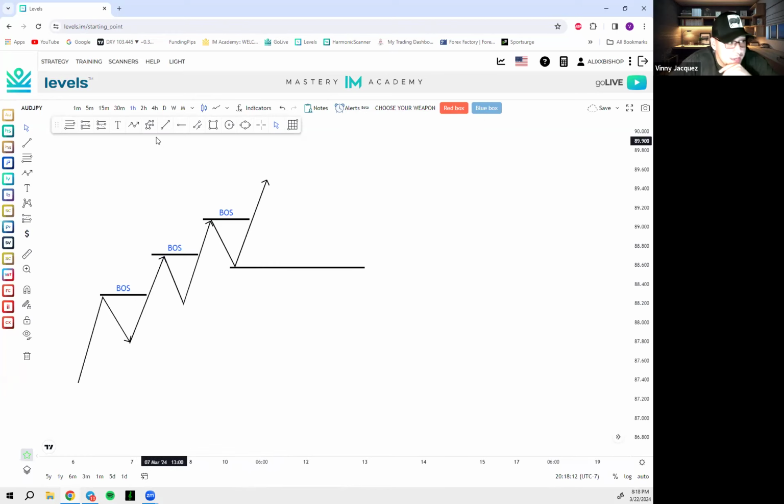Because as soon as that line gets broken and closed below, notice, guys, nothing looks like a head and shoulder here. But as soon as we break and close below, fam, what do we got here? Now, again, we can only have a head and shoulder once we break and close below. So look, what if market's already heading down, heading down, heading down? What are you guys thinking right now? Are you thinking head and shoulder? Are you thinking continuation? Let me know.